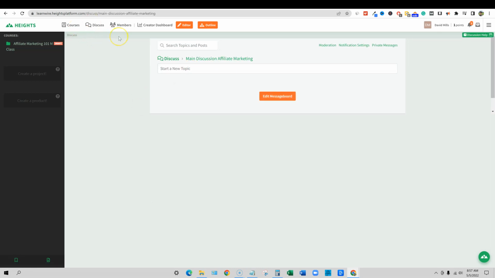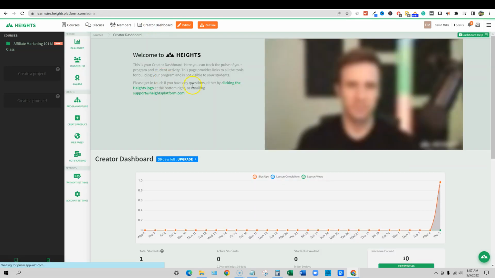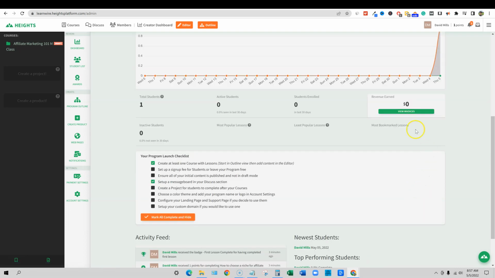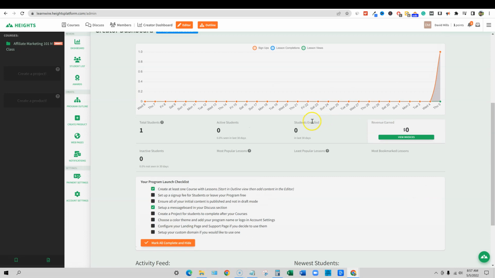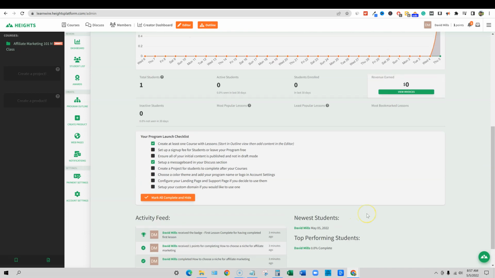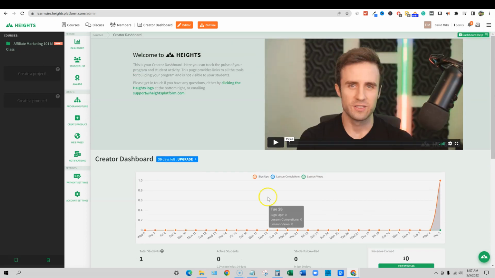So pretty cool. You have full control over everything in here. And I'm just going to go to the creator dashboard right here, and you have your sign up right over here. There is a nice intro video right here. You have access to their support email. This is where we're going to be able to see your revenue, your students enrolled, active students. You're always going to be able to stay on top of where you're at. Then you're going to see activity, all the people that are doing things. So you're going to get a lot more information about what's going on with your program.